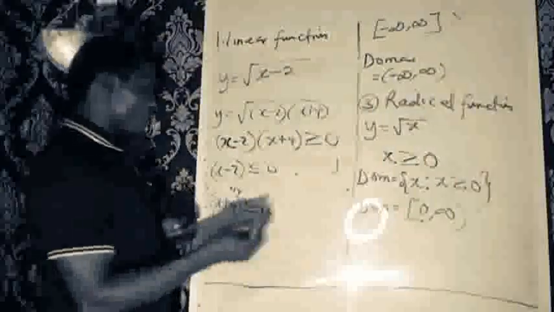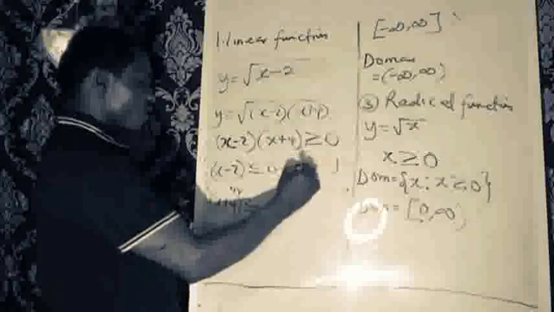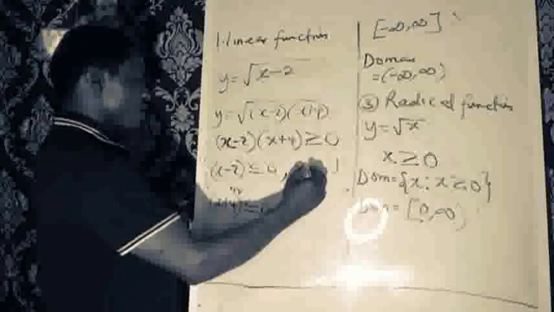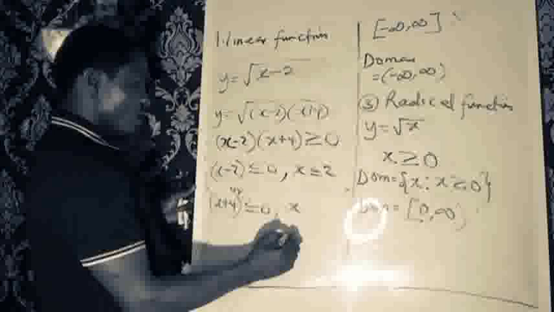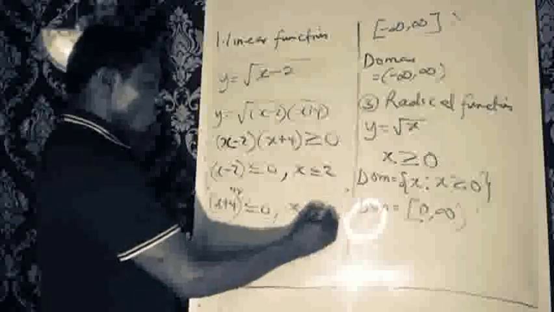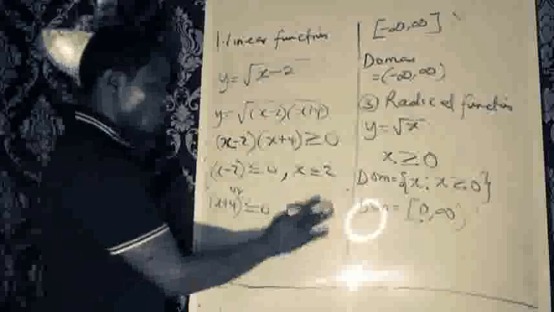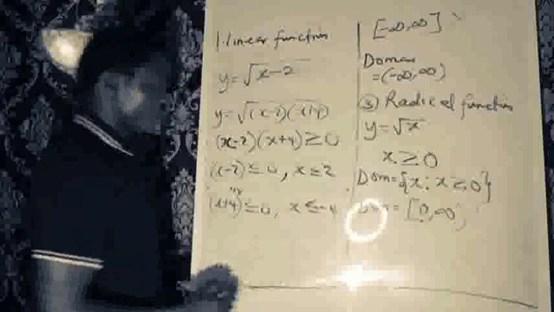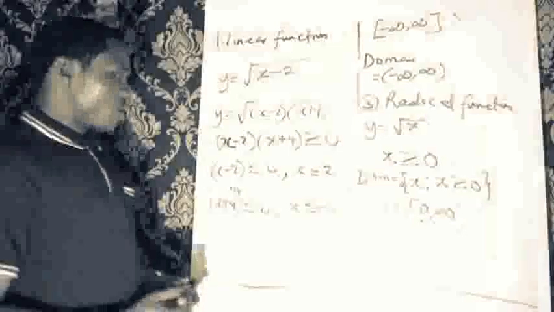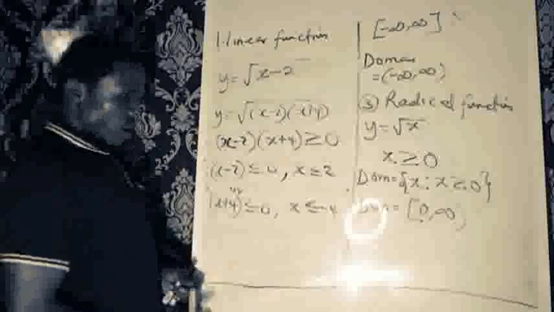Now, if we solve this, let's check. We are going to have x less than or equal to 2. Then here we solve x. We get x less than or equal to, sorry, less than or equal to minus 4. That's what we are getting here. Okay, that's the first part of the results. Then the second part of the results